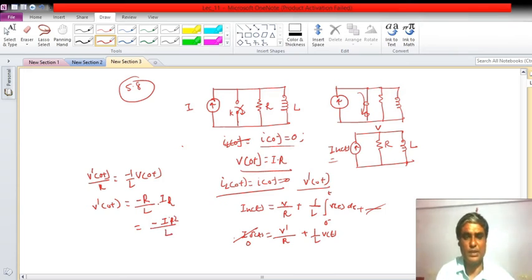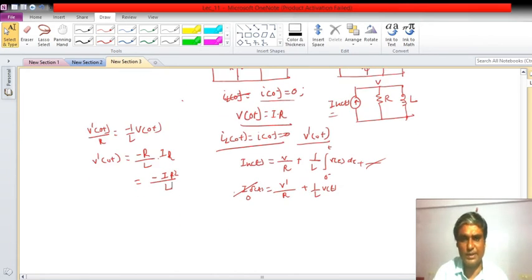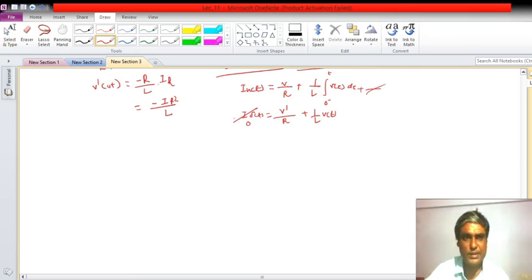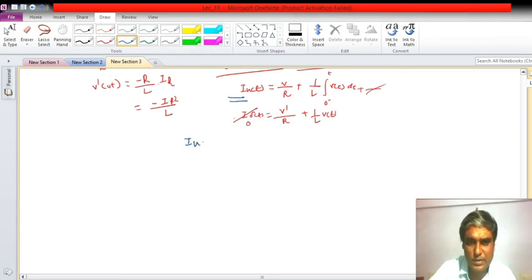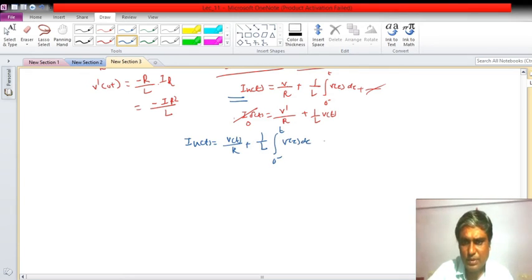That way also you can calculate. So now we have calculated V prime. This we have done from physical inspection. Mathematically also we can calculate it from the equation which we have written. Let me take it for this example. We will see it later in detail also, but to prove it, let's see what my equation is. I U of t will be equal to V of t by R plus 1 by L integral of V of tau d tau plus the initial current, that was 0. So if I use the Laplace transform, what is the Laplace transform here?